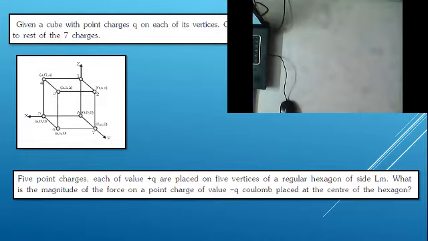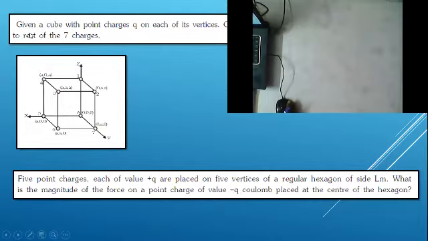In today's class, we are going to start a new topic called electric field. Before entering into the electric field, I want to discuss two important questions, which will cover different problems in one problem. We will discuss those problems right now, and once these two problems are done, we will go to our new topic.